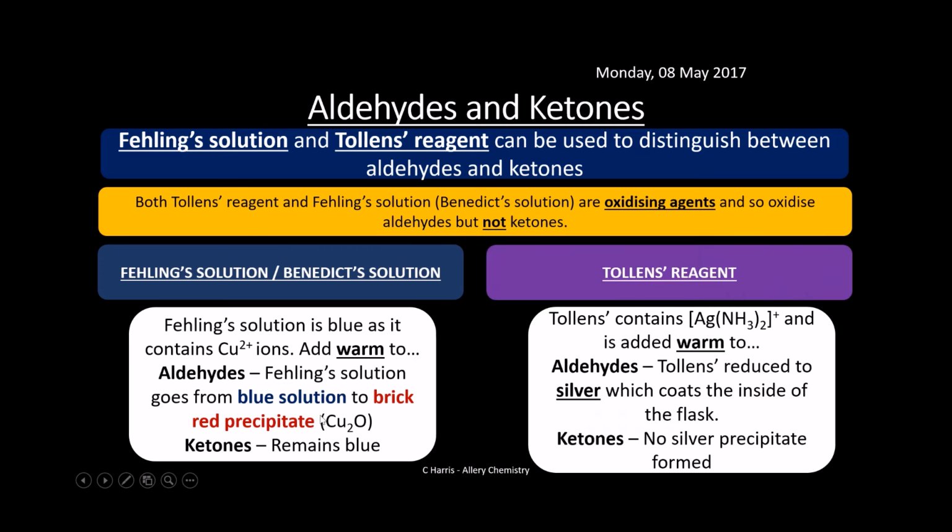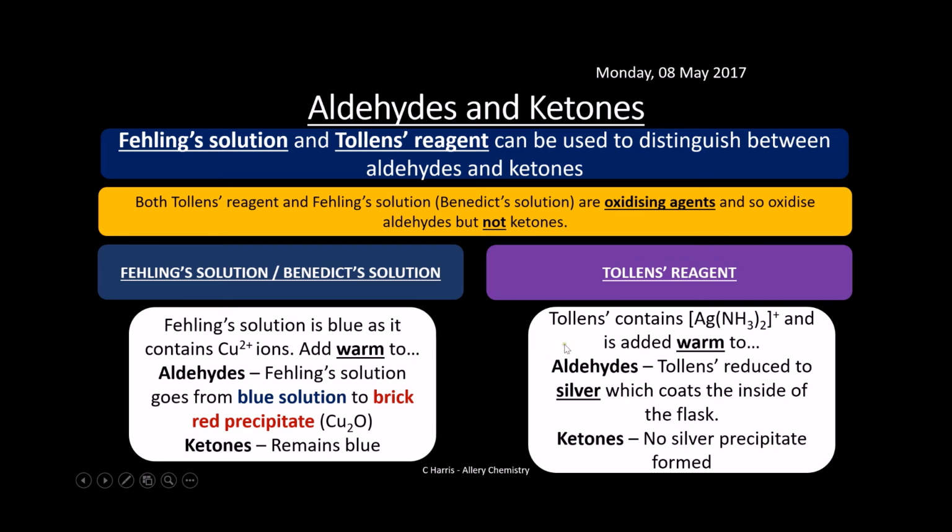And the other test is Tollens. Tollens is a nice one because you get this silver mirror being formed. And Tollens reagent is silver with two ammonia molecules bonded to it. We call this a complex. It has a positive charge. And again, it's added to warm